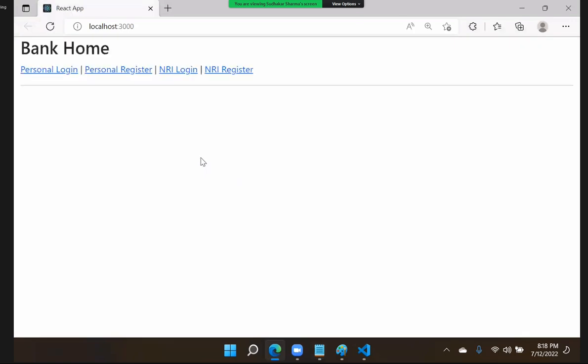Now you can see personal login, personal register, NRI login and NRI register. When I say personal login, it will come here, and personal register will come here. This is how we can configure nested routes with an outlet. But actually, I need to give just personal and NRI. In personal, again, login and register. In NRI, again, login